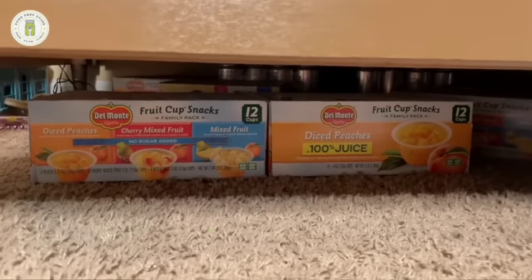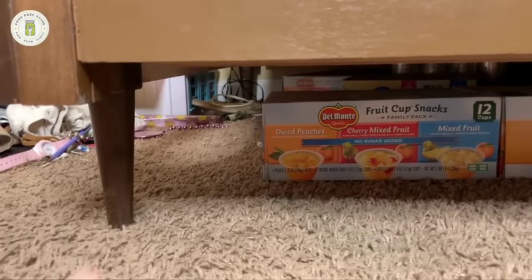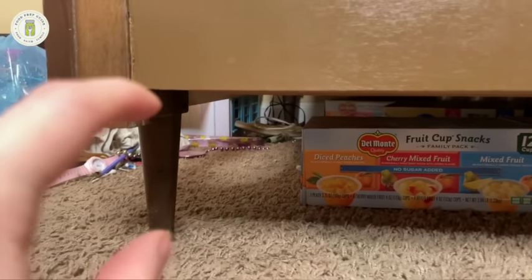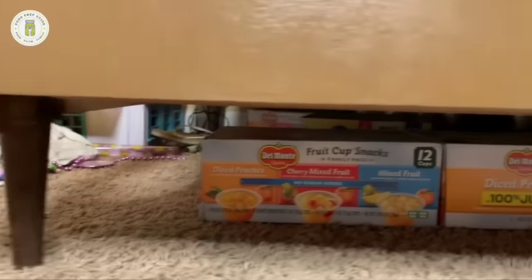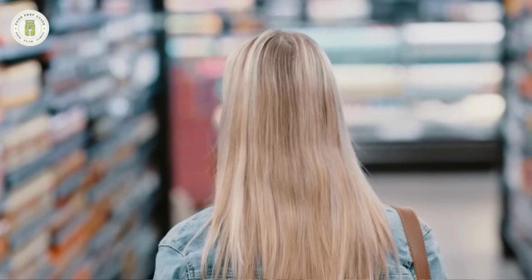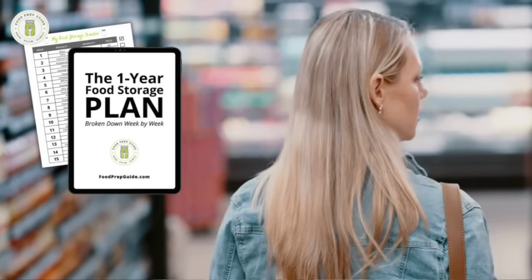Now, roadblock number 2 is money. Things obviously cost money at the grocery store. There is no way around that. But this roadmap actually saves money because you're not buying random bulk items that you're never going to use. You can start and scale with just $10 to $20 per week. In fact, the $10 to $20 range is exactly where we tried to land when we built out that free